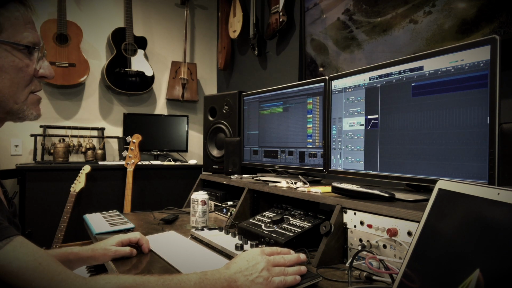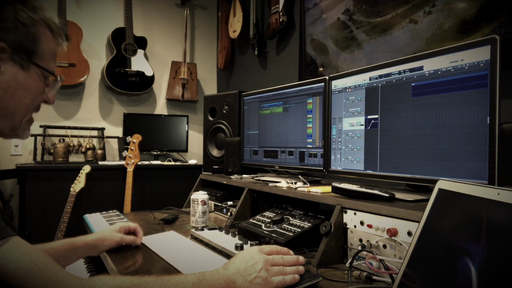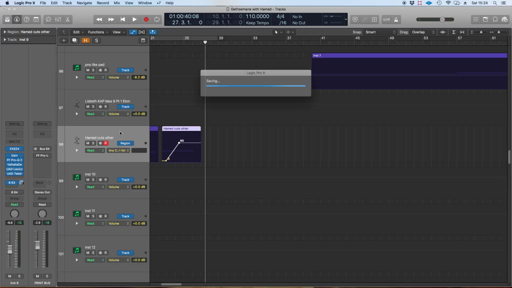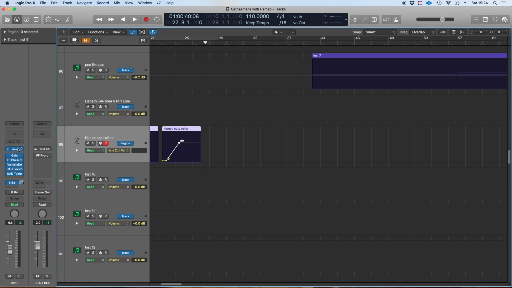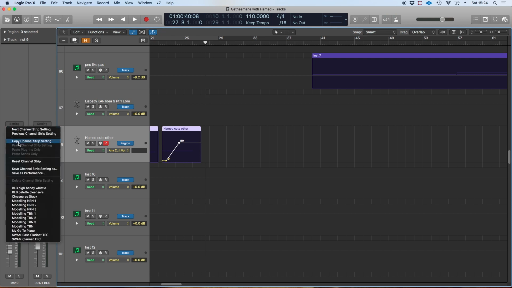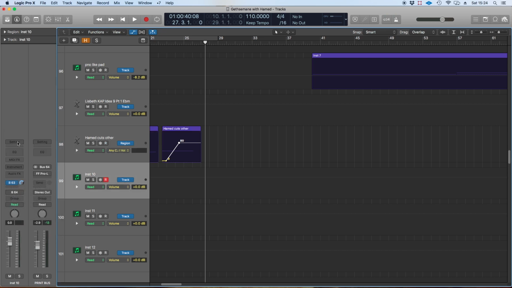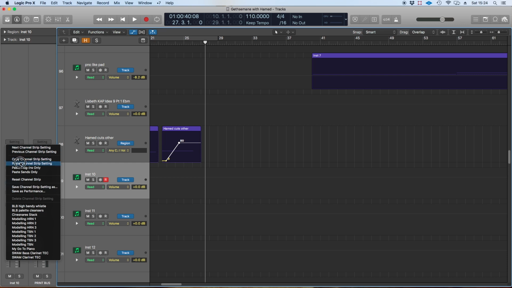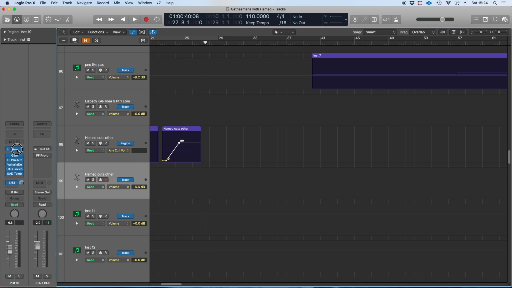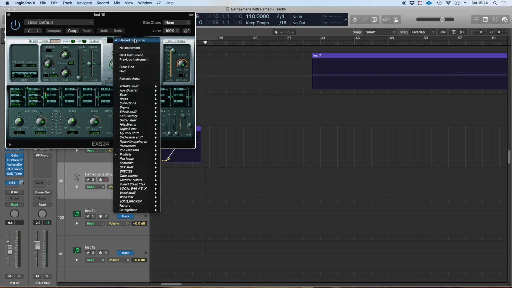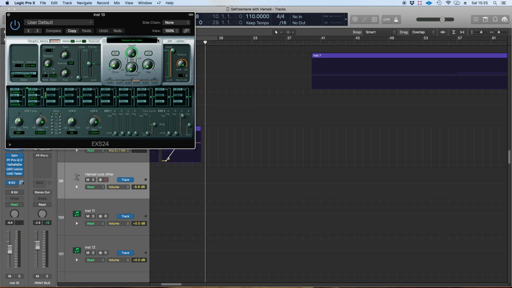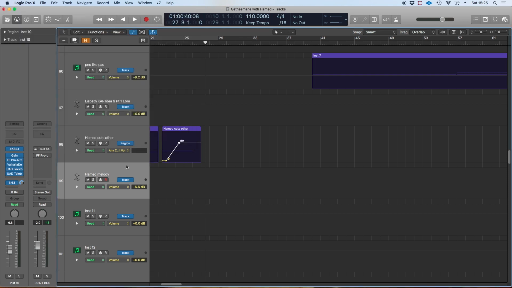Okay, the duduk's going to start playing the melody, so maybe it's time for melody here. So, kind of liking where we are with the sound for now. Let's go and copy that channel strip setting and paste it onto here, including the EXS24, but now we are going to the melody, which, oops, wrong way. There it is, Hamed melody. Not going to change anything else, because now we should have the melody EXS instrument I made